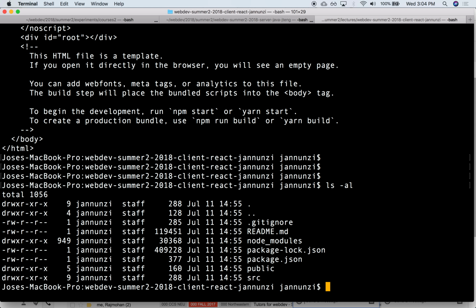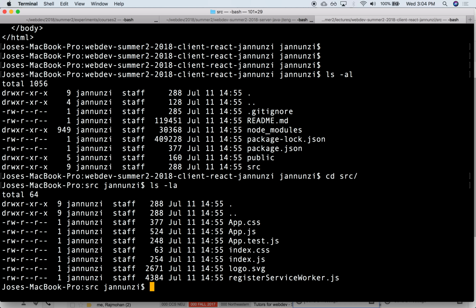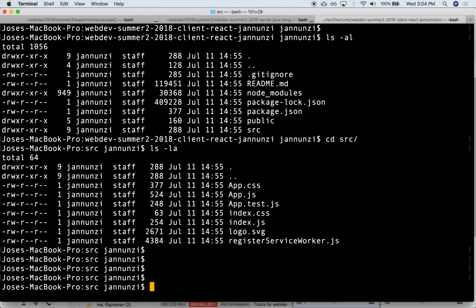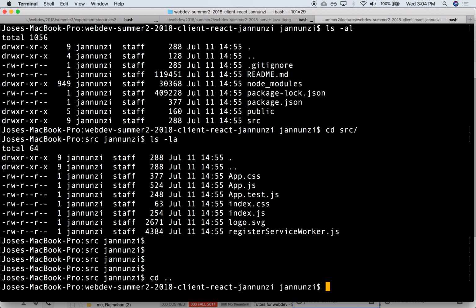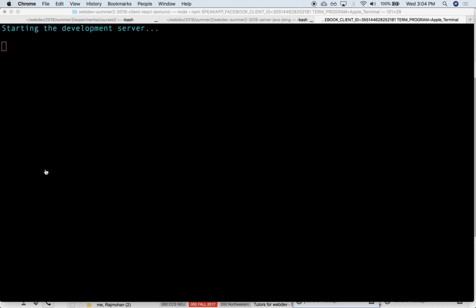But the actual source that we're going to be working on is under the source directory, and here in the source directory is where we have the default application that was created for us. This is a starting point. We can go back and we can do an npm start. Npm start will build, will compile, it will convert